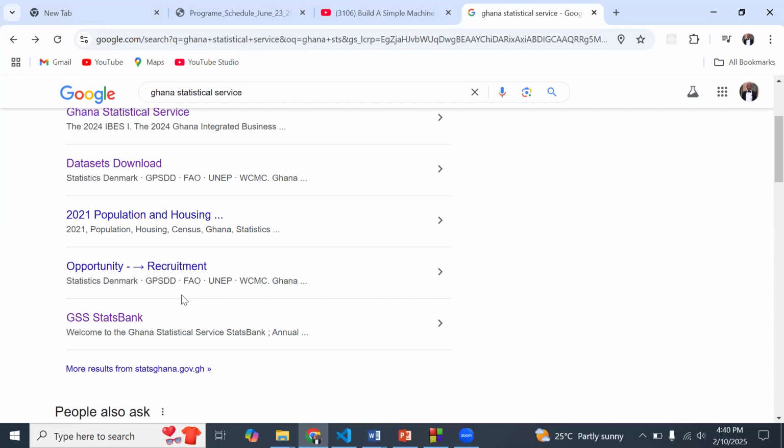But before then, in 2010, there was a census. I was thinking about this: I'm going to pick the data they collected in 2010 and do a prediction for maybe the next 10 years, and then compare the predicted values based on some metrics. I'm just brainstorming and thinking about this.